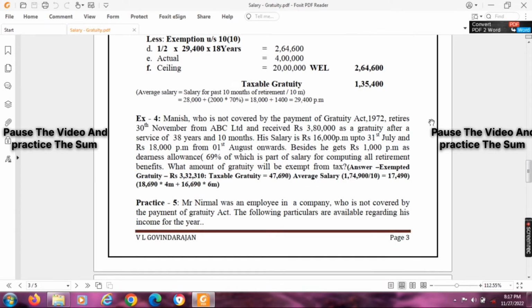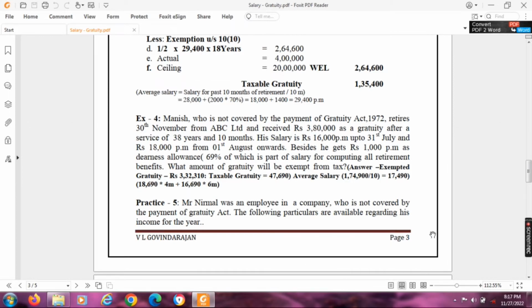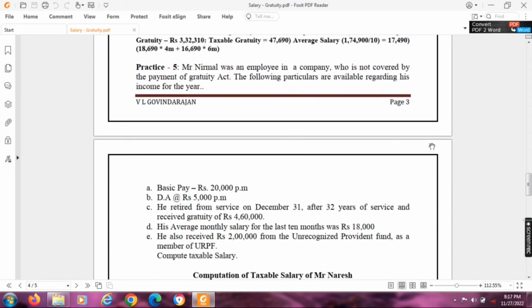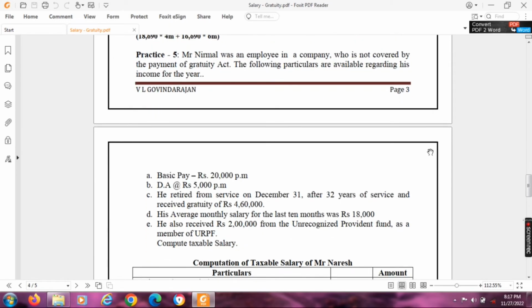Now, practice 5. Mr. Nirmal was an employee in a company who is not covered by the Payment of Gratuity Act. He submits the following information. Basic pay 20,000 per month, DA 5,000 per month. He retired from service on 31st December after 32 years of service and received a gratuity of 4,60,000. His average monthly salary for the last 10 months was 18,000. He also received 2 lakh from the unrecognized provident fund as a member of URPF. In this problem, not only are we going to compute taxable gratuity, we are completely going to compute taxable salary